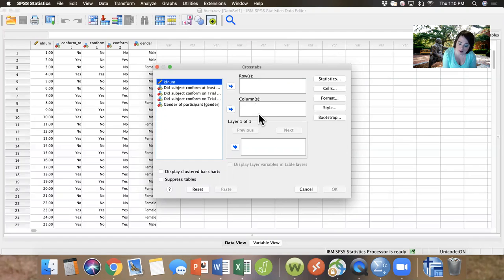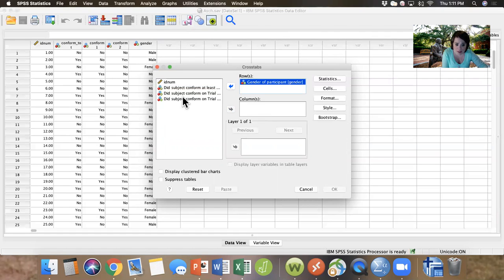So what is our independent variable here? Well, the groups that we are looking at, the 2 groups that we are examining, are males and females. So this is more of a quasi independent variable, right? Because we're not actively manipulating this variable. But it is, like I said, the levels that we are examining in reference to our dependent variable. So we're going to go ahead and put gender in the rows column